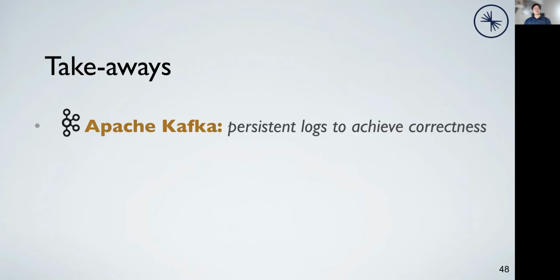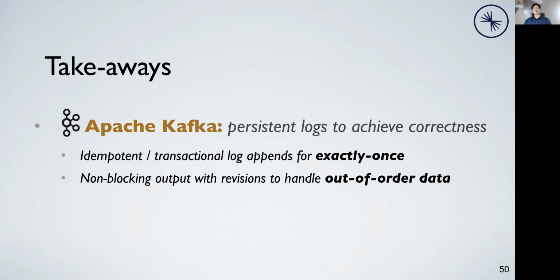With that, I'd like to conclude my talk with a quick recap. We presented a log-based approach with Apache Kafka to provide correctness guarantees for distributed stream processing applications. Its built-in library called Kafka Streams implements a transactional log protocol to achieve exactly-once consistency with fault tolerance. And also, it decouples the mechanism from completeness handling to allow emitting early output and compensating for out-of-order data.